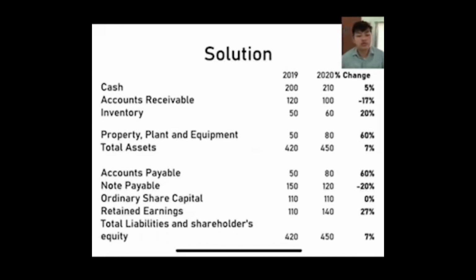And tingnan nyo yung for accounts receivable. Di ba for 2019-2020 bumaba ang AR. So that's why the percentage of change will also be negative. Okay. So I hope na you try to solve everything na nandito, and the formula na diniscuss ko kanina. Ito yung mga answer nila. So that's it for horizontal analysis.